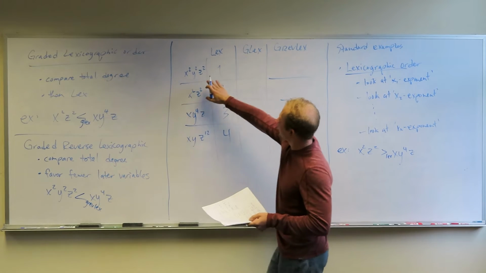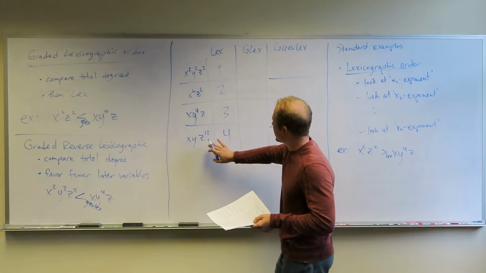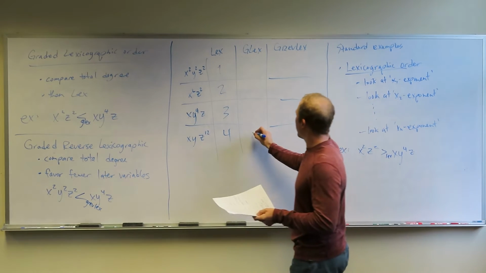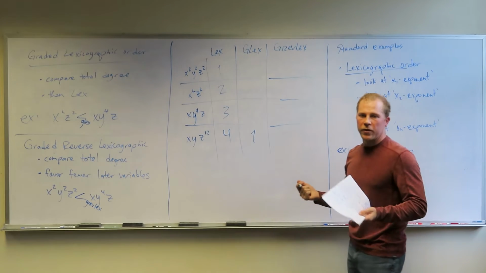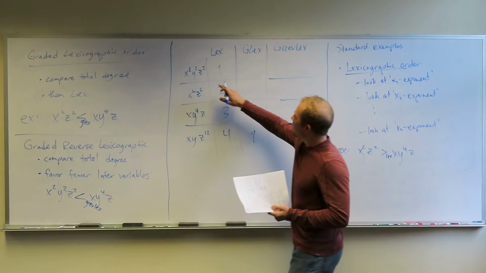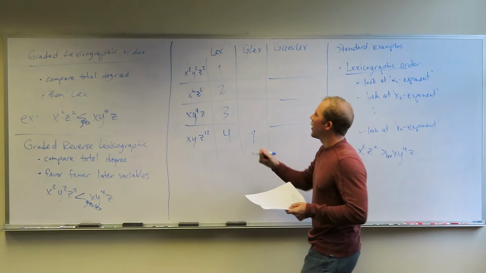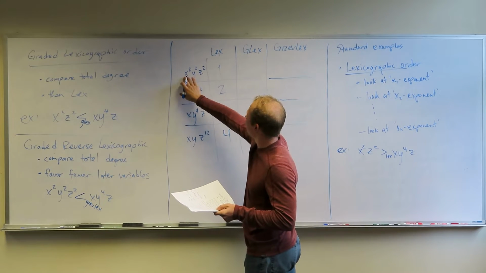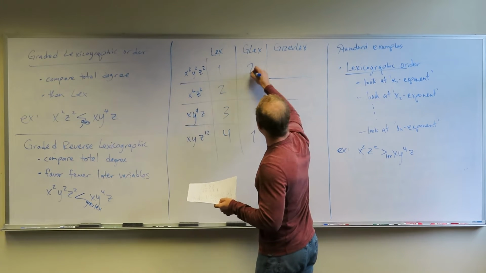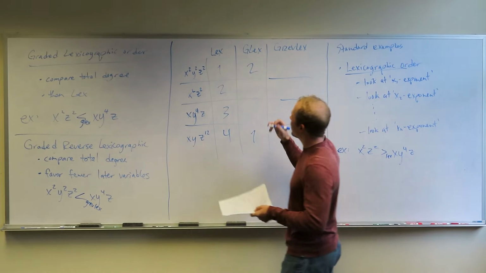So the total degrees here are 6, 4, 6, and 14. Without looking at anything else, I know that that one's going to be the winner. Then second place goes to one of these two, and I have to break the tie by looking at the Lex order, right? This one does better in Lex, so it gets second, and then of course this